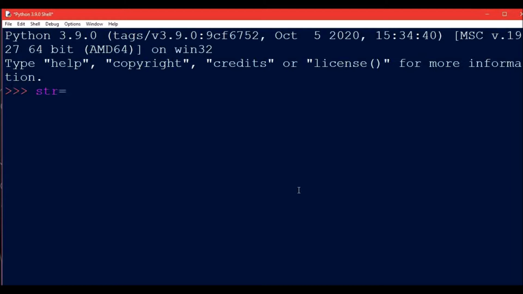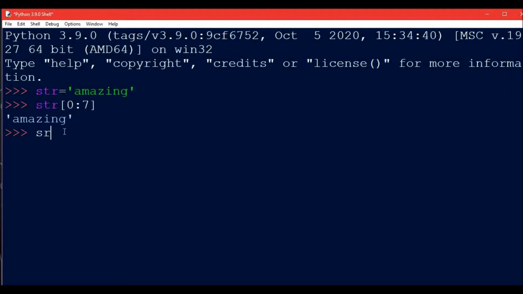Suppose I take a variable str, in which I am storing a word, amazing. So now if I write str[0:7], in this case the complete string will be printed. Why? Because 7 minus 1, that is up till the 6th position, it will be printed. So if we talk about amazing, then A is at 0, M is at 1, A is at 2, Z is at 3, I 4, N 5 and G 6.